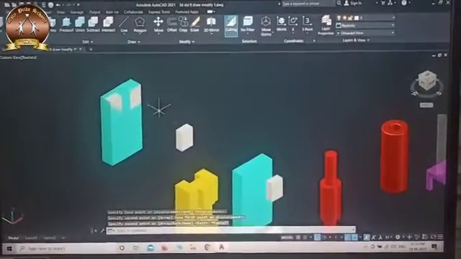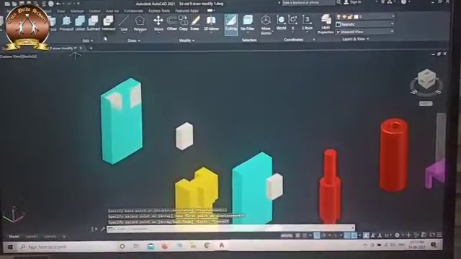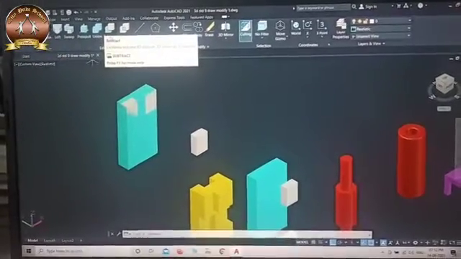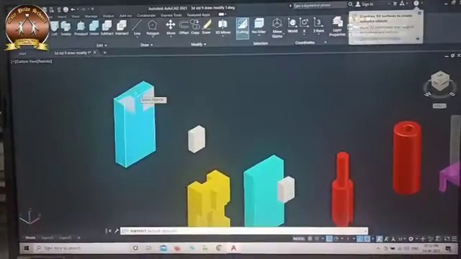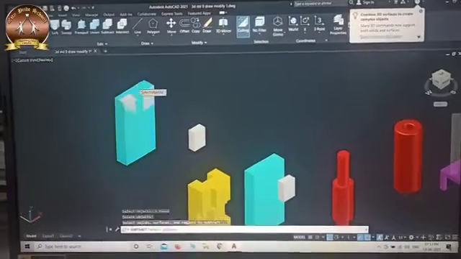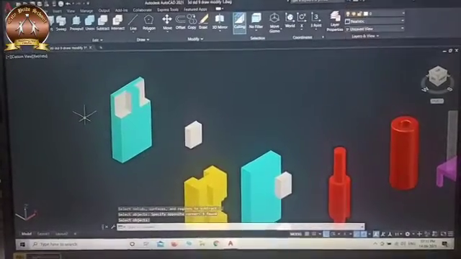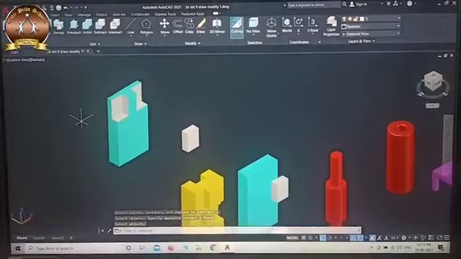Now you can use the subtract command, student. Subtract, you know very well, this is the subtract command. Select the base job, enter, and select both. So you will have a slot.